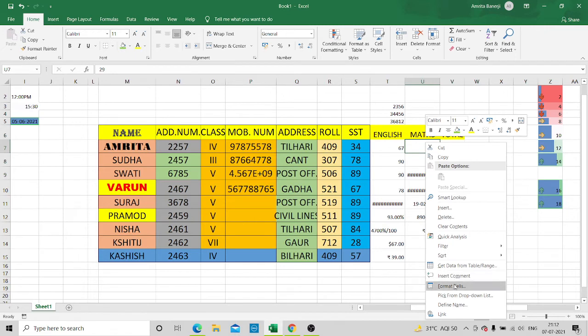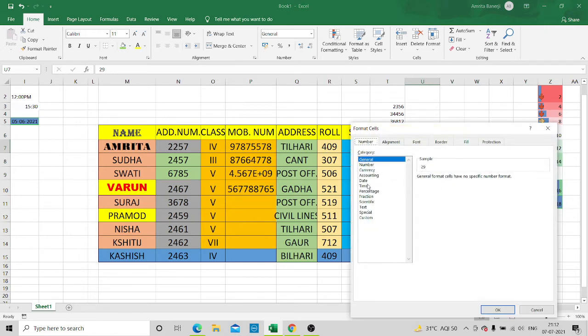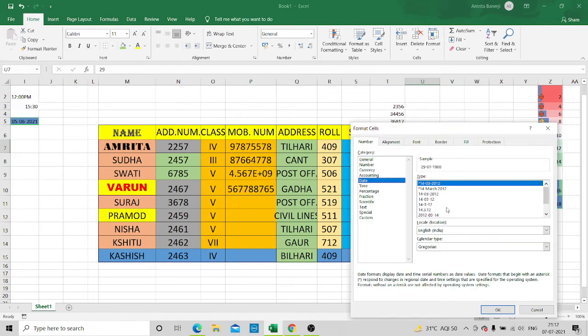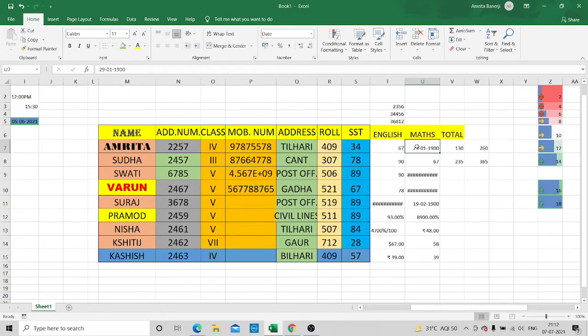29th one I will show you children. Format cell and date option, and it is this sample. Okay, so see, now this date has appeared correctly. So children, this kind of date is supporting, but the text kind of date is not getting supported in this. So there might be some issue, and I will check it out and explain you why